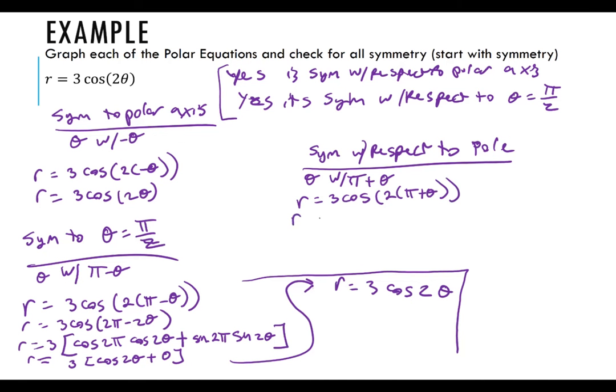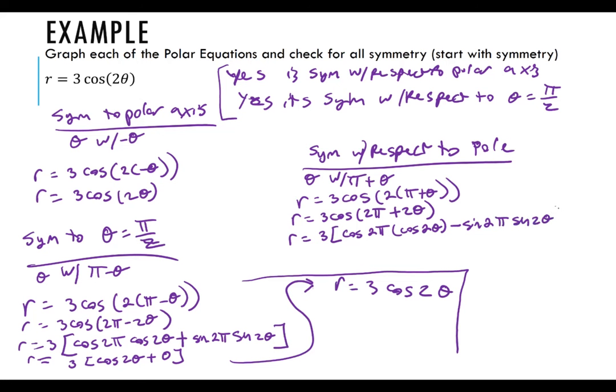Well, that's going to give me r is equal to 3 cosine of 2 pi plus 2 theta. Well, then that's going to give me r is equal to 3 times cosine of 2 pi times cosine of 2 theta minus sine of 2 pi